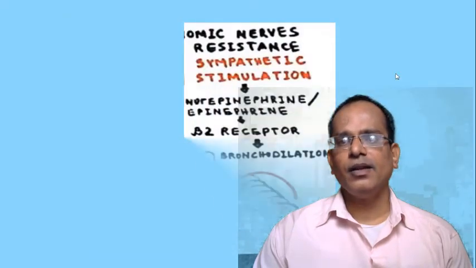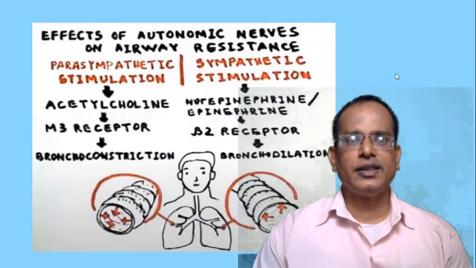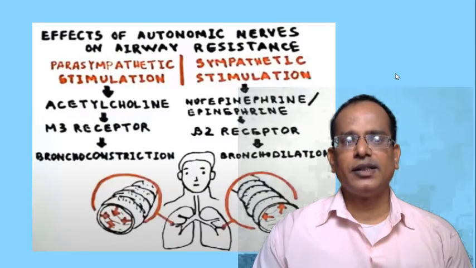Now we can see the effect of the autonomic nervous system on airway resistance. There are two kinds of nervous system stimulation in our brain. One is parasympathetic stimulation, another is sympathetic stimulation. In parasympathetic stimulation, what is happening? It asks the respiratory system to vary the pressure. All these things are due to the mechanism related with the